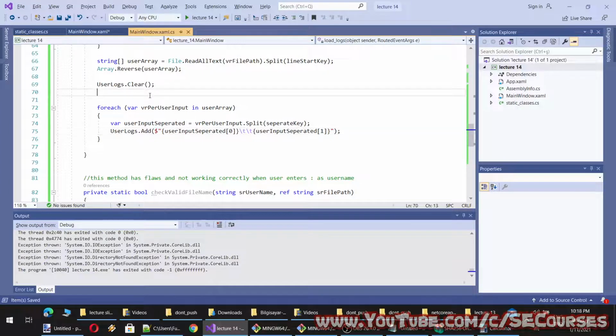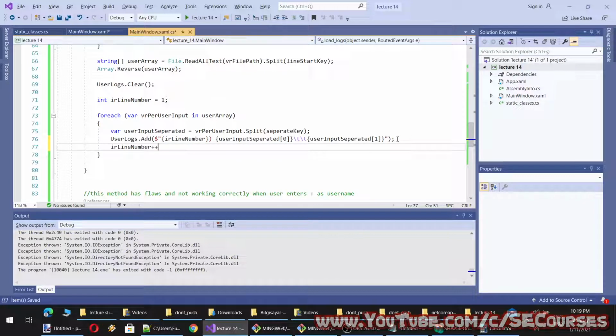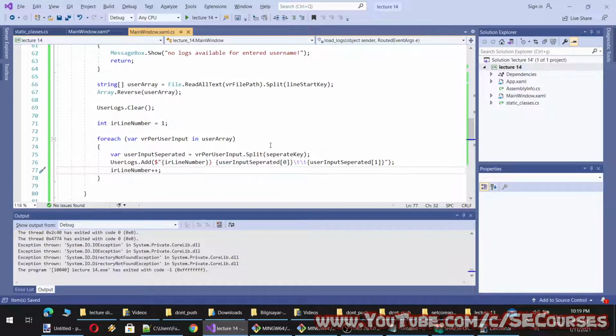I can also add a line number. Here, line number, and it can start from number 1. And I can also append it like this and something like this. It is up to me. Okay. And I have to, of course, increase this with each for each. Okay.